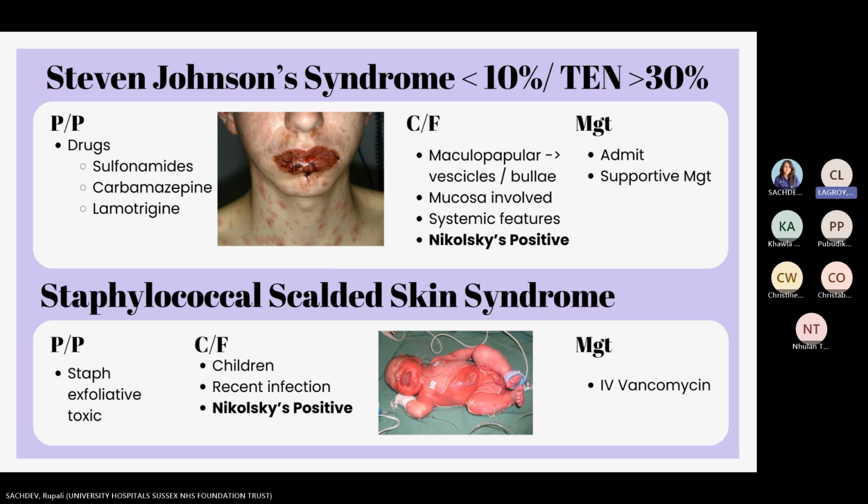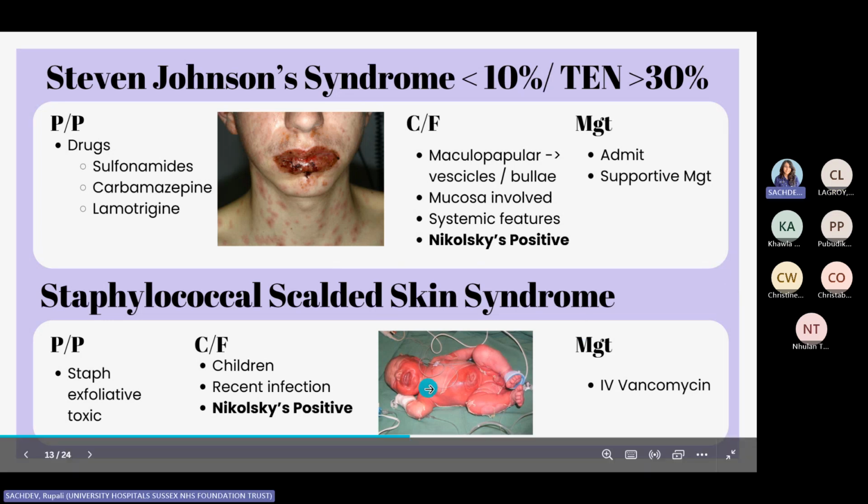Then we've got staphylococcal scalded skin syndrome, which is due to staph exfoliative toxin, which can happen with Staph aureus, for example. The clinical feature would be more likely in children who have had a recent infection. And again, it's Nikolsky positive, and the management, because it's a Staph aureus, staph-related infection, you'll need some IV vancomycin. So you see in the images how the skin has gone off, just peeling off. So this is basically a red flag. So when you think about it from a clinical perspective, if you notice